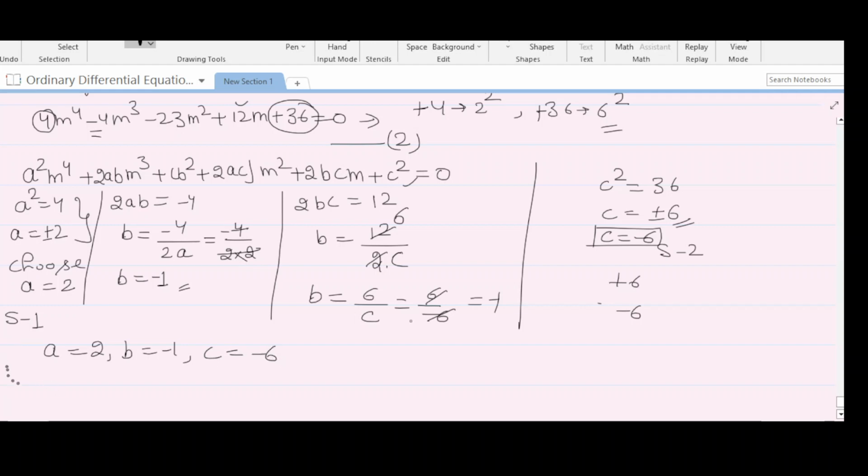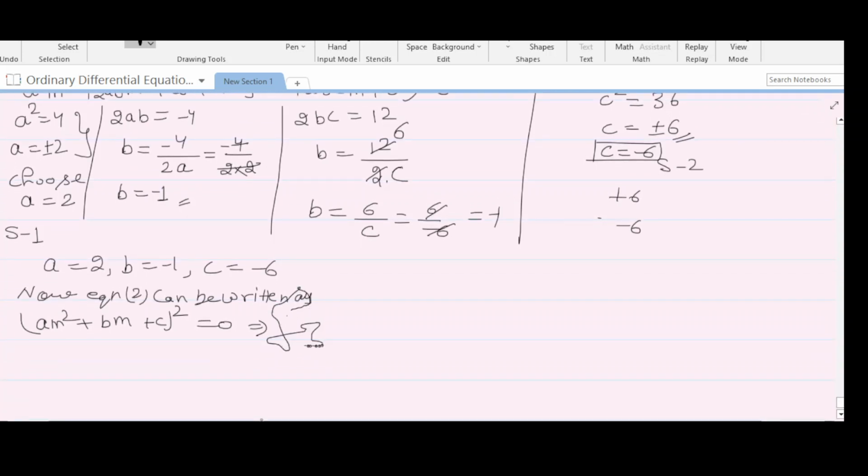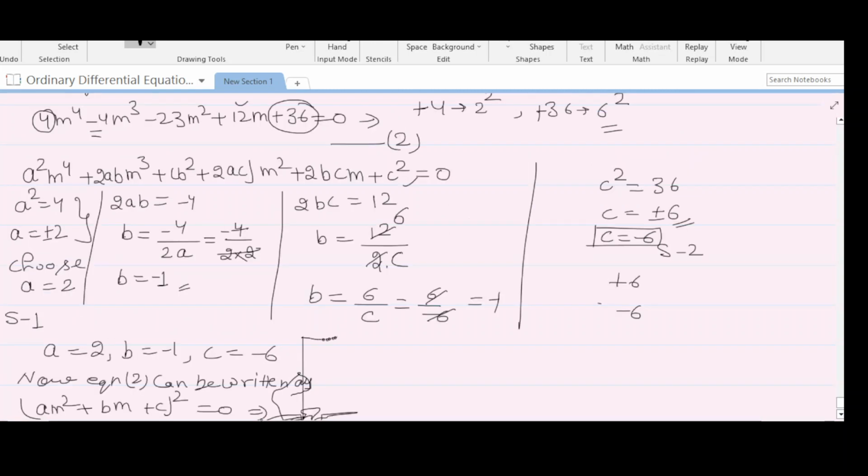So equation 2 can be written as (a m square plus b m plus c) whole square, that is equal to 0. That means it can be written as (2m